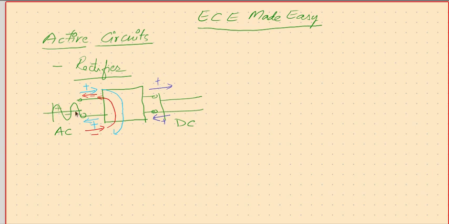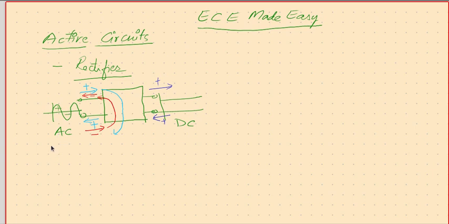But whatever be the case, we want our current always to be in this direction. Whether our cycle is positive or negative, we want the direction of the current to be always one, that is unidirection, not alternatively changing directions. We want a unidirection. That should trigger your mind. Somewhere you have heard that some device is there which allows current to flow only in one direction, and does not allow current to flow in the other direction.